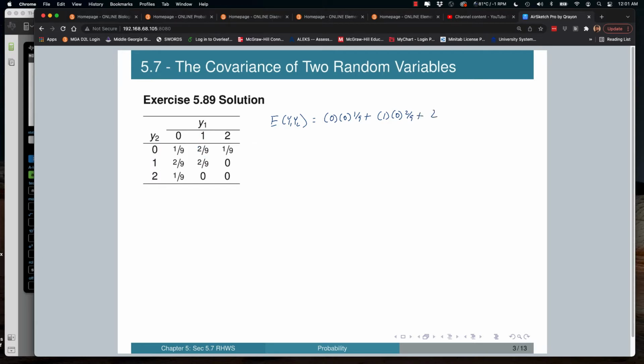Next one is 2 times 0 times 1/9 plus, now 0 times 1. I'm doing the second row with the y sub 1 values. 0 times 1 times 2/9